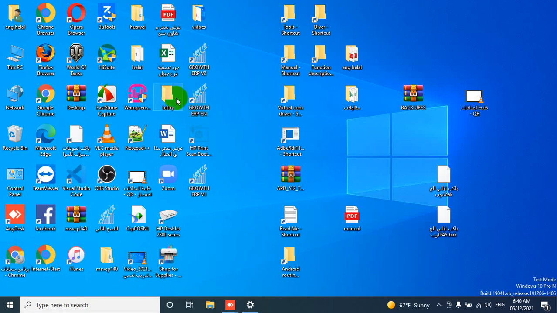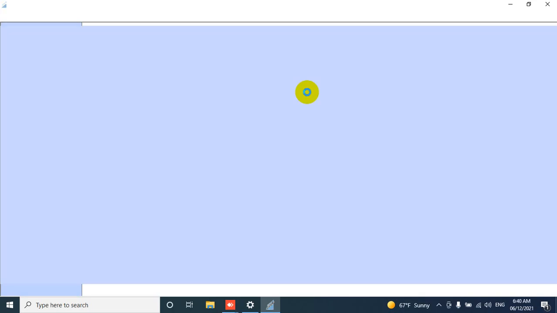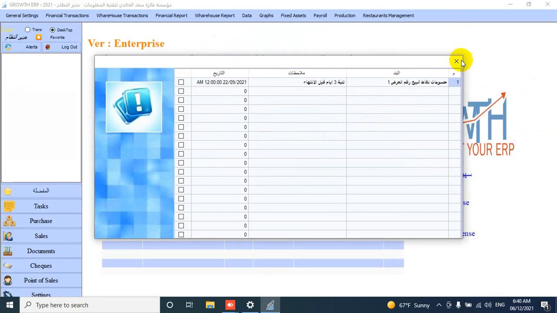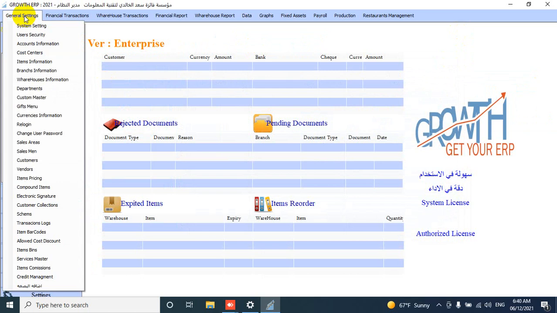Today we will record a video about how we can edit an item, price the item, and sell it. So the first step, we open the application and put in our password, enter, go to the general settings,